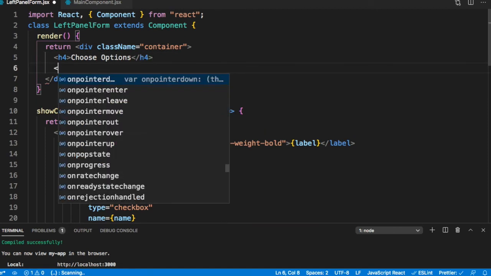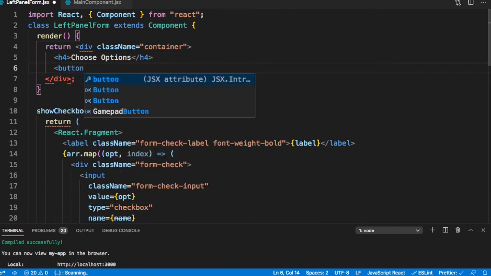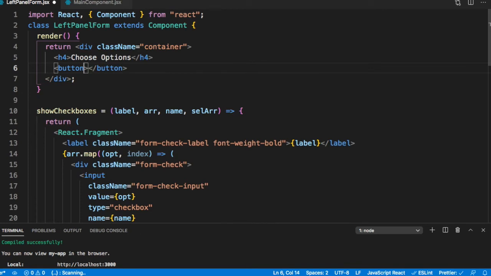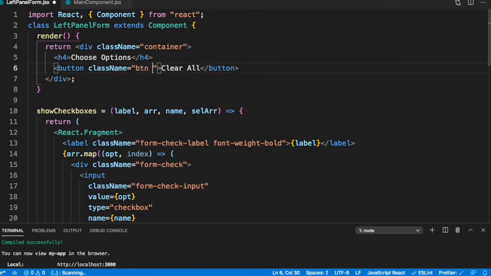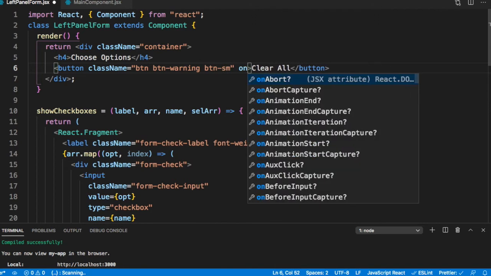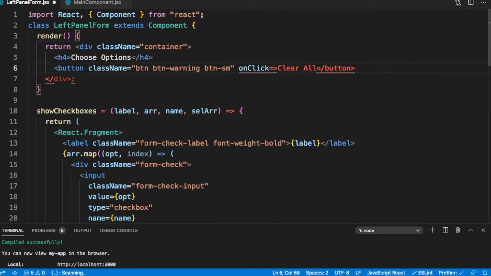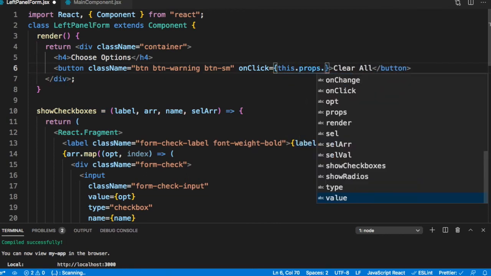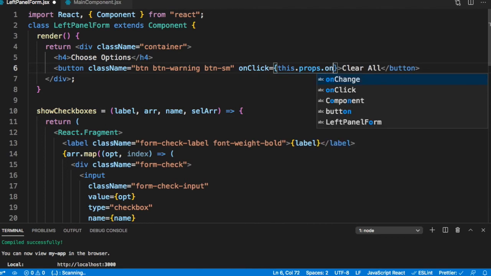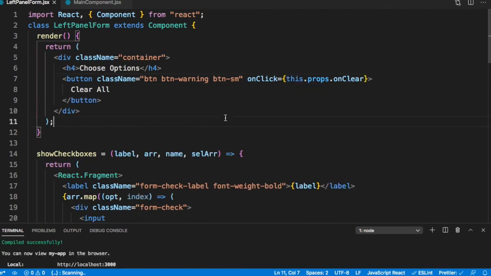Let's put in the button, which is clear all. BTN warning, BTN BTN sm, and on click is equal to this dot props dot on clear. So we can just call that on clear function. So we have the button.